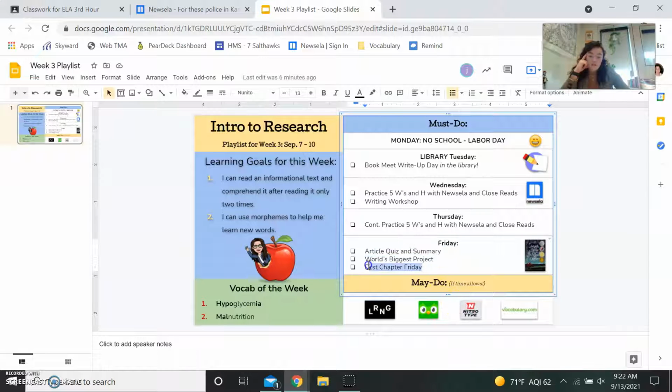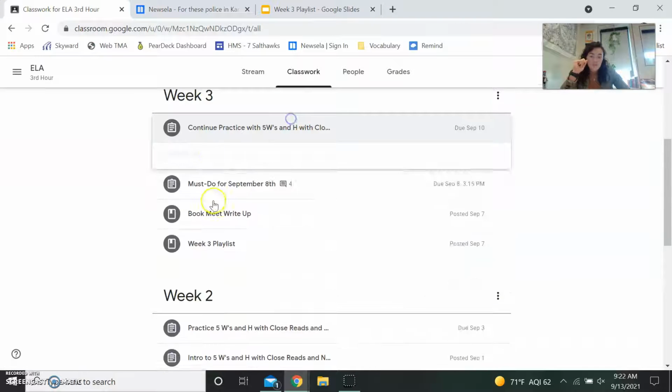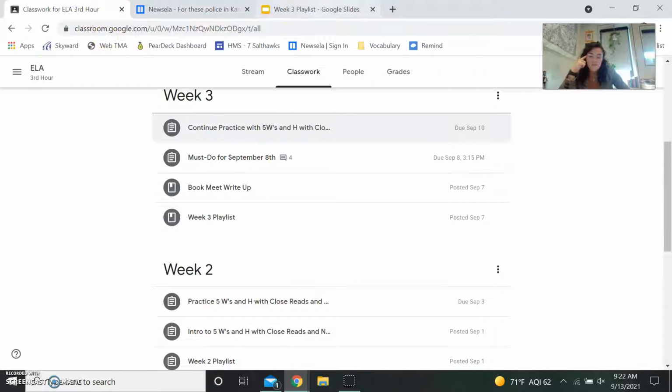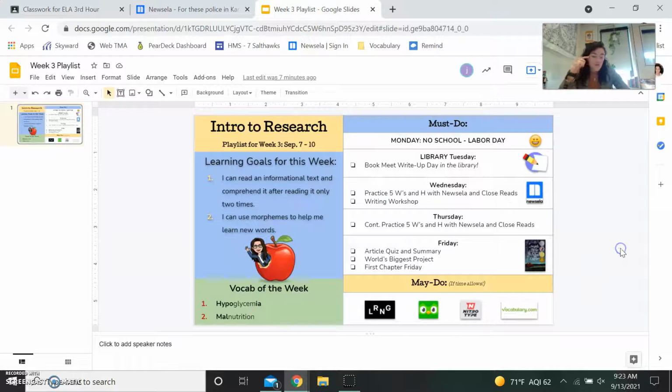And then we also would have done First Chapter Friday and reflected on the week's topic, which was hunger, and just asked, is this the biggest problem in the world? What do you think? Yes or no? Give some reasons, and we would have saved that and put that in your packet. Now, again, this isn't posted in Classroom in week 3, so that's something we did in class. First Chapter Friday isn't posted in Classroom because that's something that we did for fun in class.